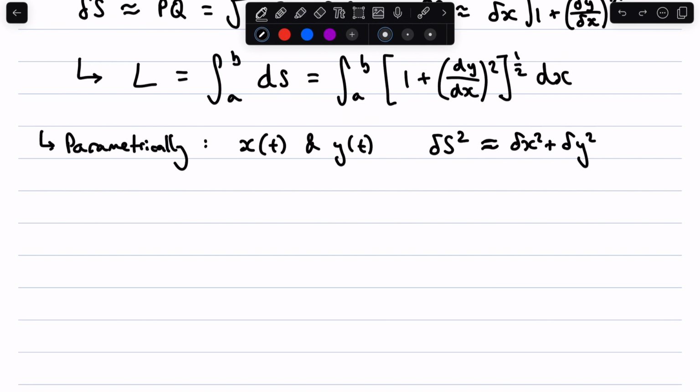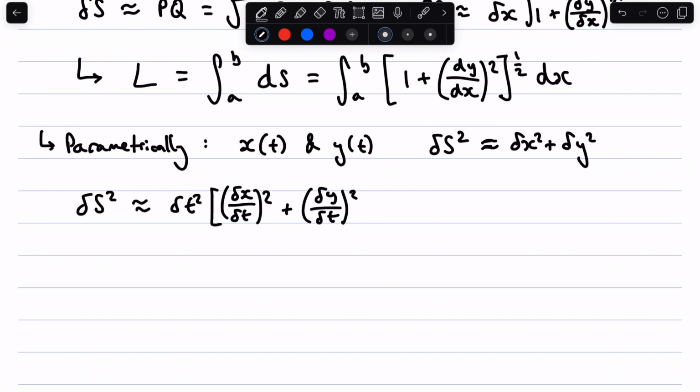And so from here we can say, let's take a factor of delta t squared out of delta x and delta y, as they're both functions of t, and we'd have that delta s squared is approximately equal to delta t squared times delta x divided by delta t all squared plus delta y divided by delta t all squared. And from here we can now take the square root, and you'd see that our integral will therefore become L equals the integral from this t at a, whatever t value gives our x equals a or y equals a point, and same for b,